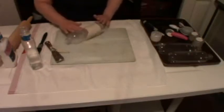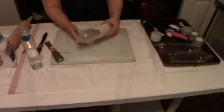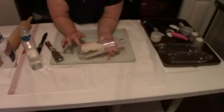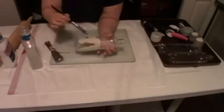Okay. That's feeling good. Got a really ugly, not really pretty, but hey, it's attaching, so that's great. As you can see, we do have a crease here. We can just clean that up. Should have got a longer brush. We can just clean that up with a little bit of water